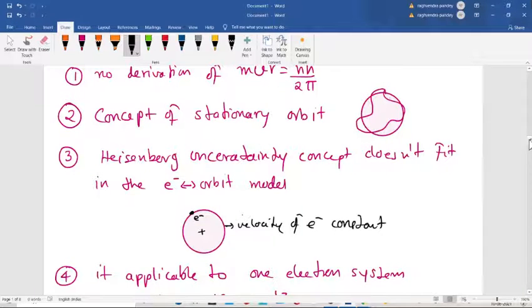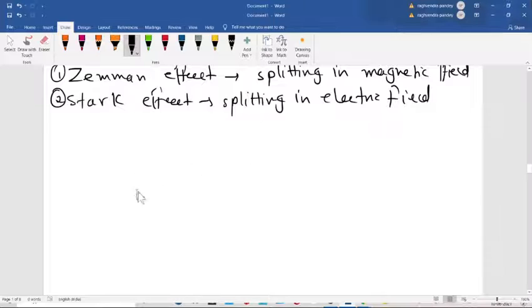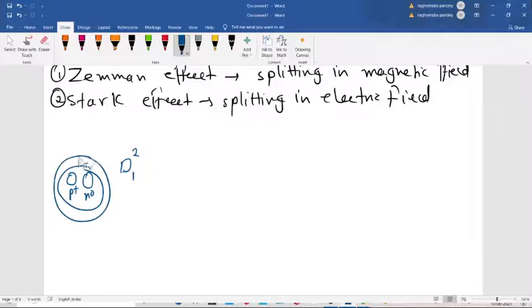Have you heard about the nuclear fusion in the sun? That is your deuterium. Deuterium has one proton and one neutron in the nucleus of hydrogen. Hydrogen is having one electron. This is called deuterium. So two deuterium combine to give helium, and it also gives out energy. That is called a fusion reaction.